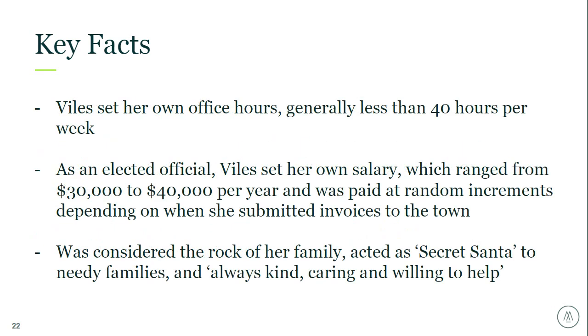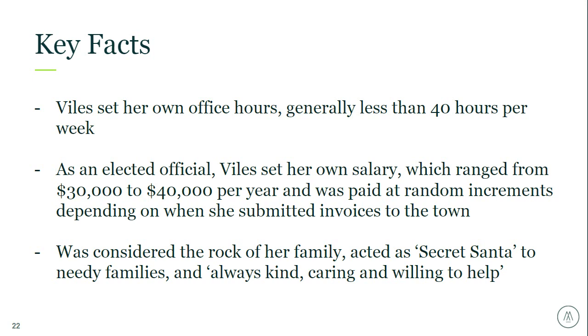So Viles, many of the articles that I read in preparing for this presentation really painted the picture of Viles being described as someone that was kind, compassionate, always caring for others, kind of like what Keith had mentioned earlier, you know, that trustworthy person that you would never think had the ability to commit the fraud. So in an article that was written about the trial, the writer indicated Viles had time to visit with the sick and the grieving and be so kind and compassionate, largely because she was setting her own office hours, which were oftentimes less than 40 hours per week and often not at the town office.